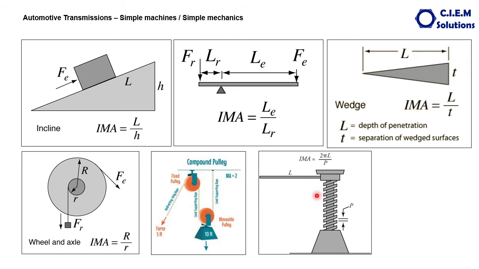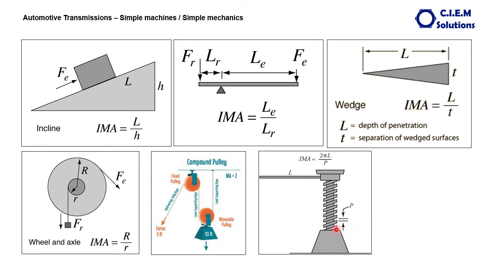Same way when it comes to the screw jack, you have to see the distance covered in one revolution of this lever. So distance covered by this lever. Suppose this lever you consider as the radius of a circle. The distance covered means the perimeter of a circle. The formula is 2 pi r. Here r is nothing but the L. So the distance covered by this lever, that perimeter,